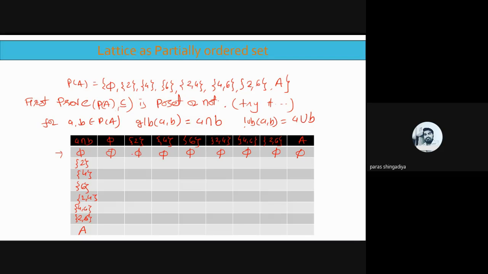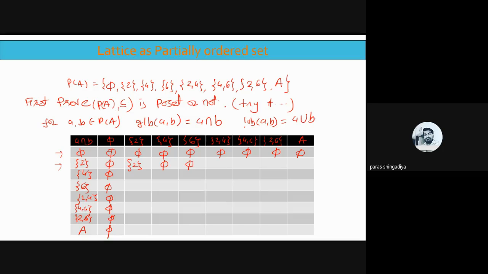Use this answer, okay, that we derive in the first row in this first column. ठीक है, यही answer आपको यहाँ पे replace करना है, and that will be the same. Clear? Now consider second element 2. तो 2 और 2 में common क्या है? 2 itself. ठीक है, तो intersection क्या आएगा यहाँ पे? 2. क्लियर? Now 2 और 4 में common क्या है? 2 with 4, तो no any common value, so answer will be the 5. 2 और 6 में common क्या है? That is no any common number, so answer is 5.